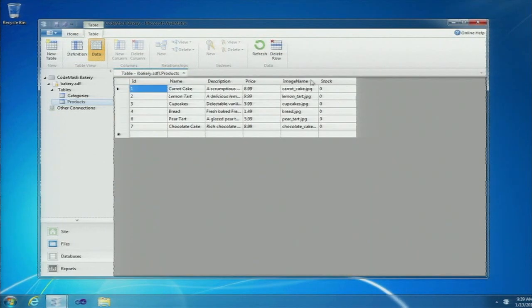In the data pane, I see I have my new stock column. Now I'm going to add in some fake data here. I'm going to leave one at 0, the paired heart here, so we can test our code. Now that's the database setup. Fantastic. Next, let's drill into our files.